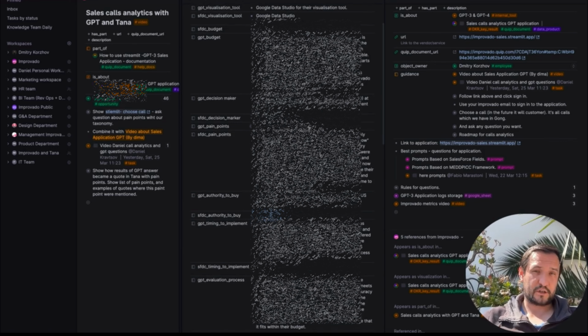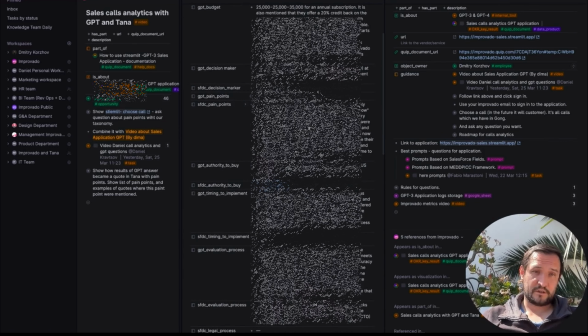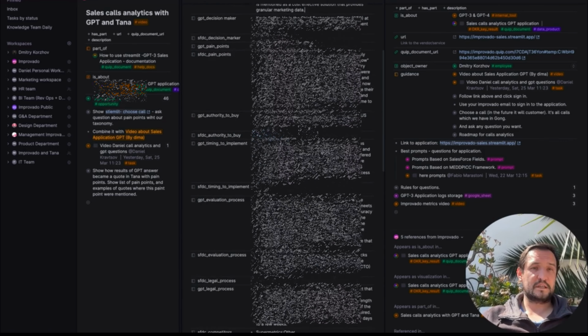You get much more information about budget. And with GPT, you can control how much information you want. It's just an example. You can tell it, OK, just show me the number. Or you can ask it to give you more context about the budget. And that can be helpful. Also, the decision maker. Then you can see here is a list of pain points that were